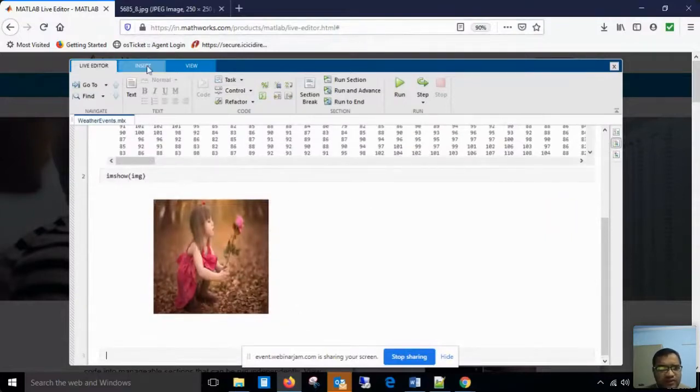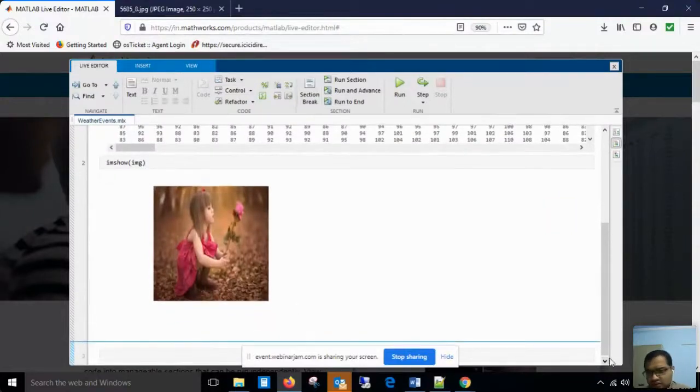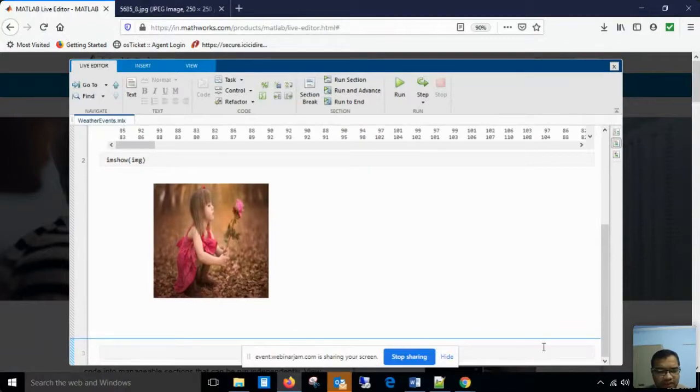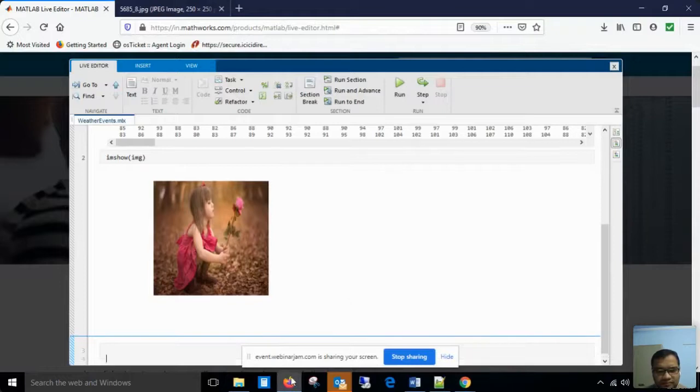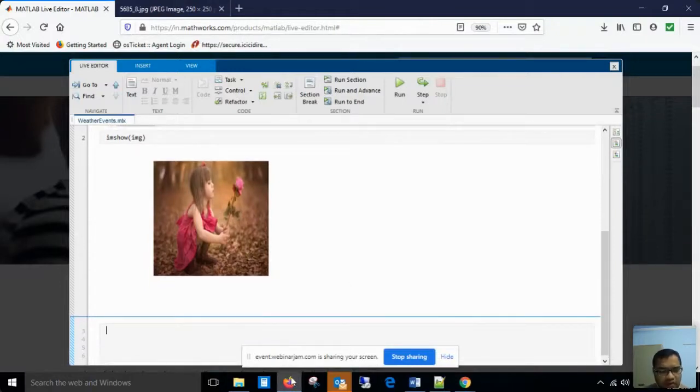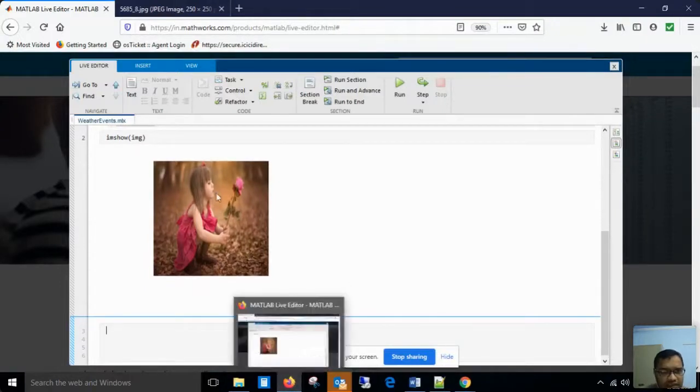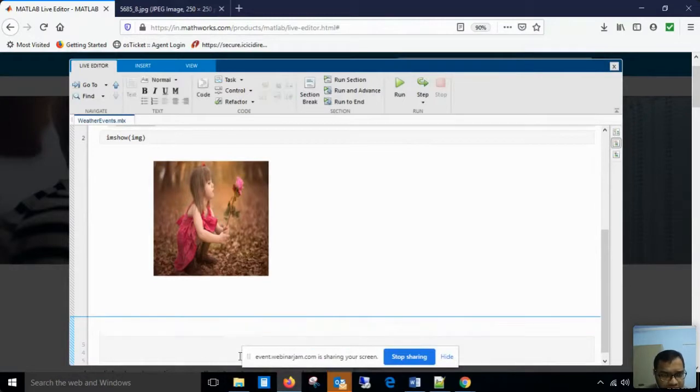So I will create one more section so that my complete code is not executed every time, right? Now I want to write a comment like get file information, or extract image file information.